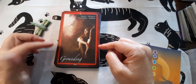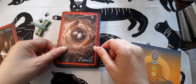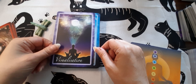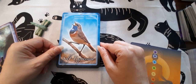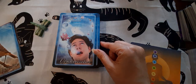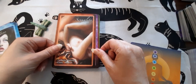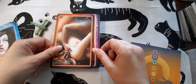the chakra. So we've obviously got the root chakra here, grounding, nature, presence, practicality, stability, family. And then we've got visualization. This is probably your crown chakra, imagination, focus, experience, manifestation. And we've got your throat chakra, self-expression, vocalization, individuality, inner voice, assertiveness, communication, self-expression, exchange, sharing, connection, honesty, sexuality. That would be your, not your root chakra, your